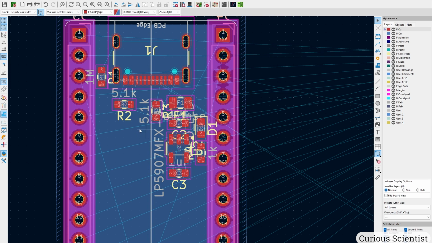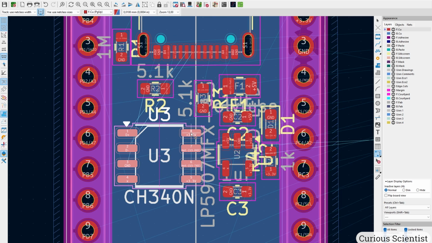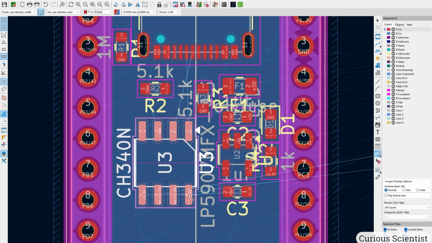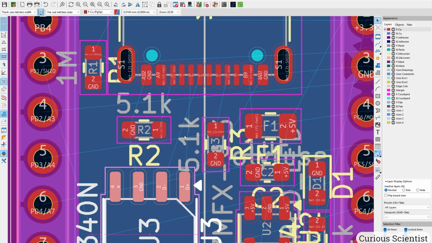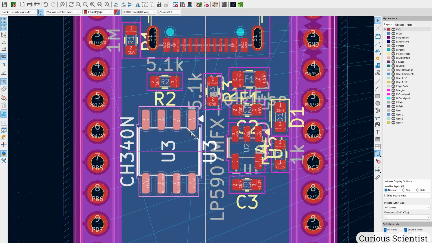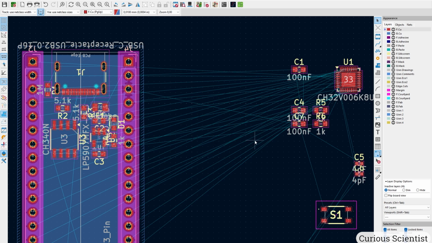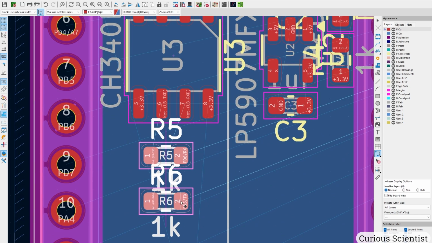Then you can see that I left this side of the board empty on purpose because we have a chip. And that is the USB to USART converter. And I rotated it this way because you can see that the D- and D+ are facing towards the USB connector. So it only makes sense to rotate it this way. Then we know that this chip has 3 components. It has 2 resistors, these 1 kilo ohm resistors, which will be between the chip, TX and RX pins, and